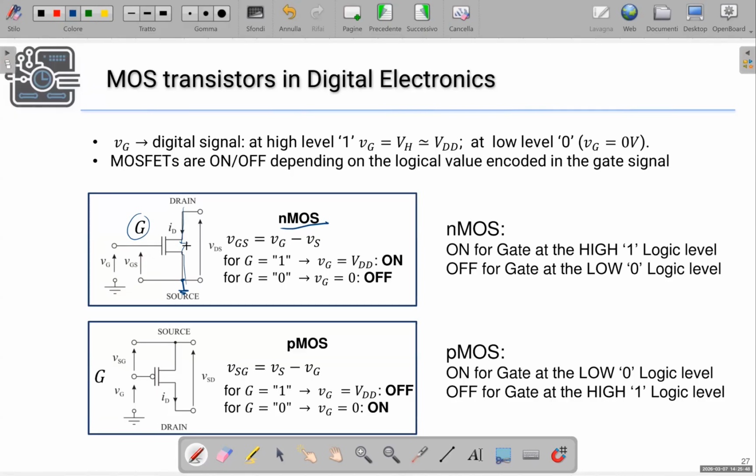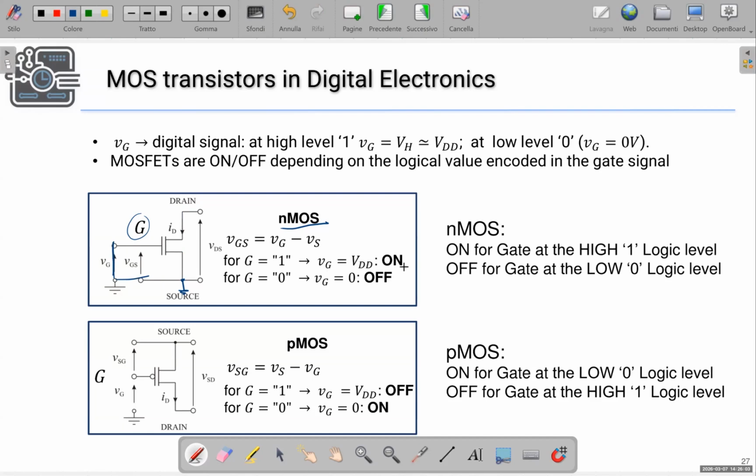On the other hand, if the gate is low, which corresponds to a low logic level, the gate voltage is 0 and the NMOS transistor behaves as